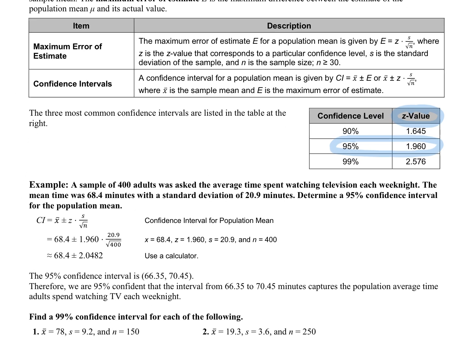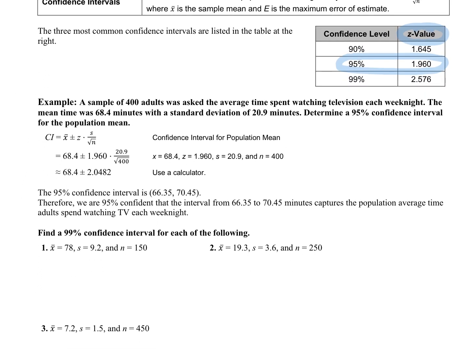There's an example above. You can read that on your own. For numbers 1, 2, and 3, we want to build 99% confidence intervals, so we want to use this value. But I want to show you how to get that z value, just in case you forget. I don't want you to be dependent on memorizing those 3 values. I'll just do the 2.576. The way you get that,